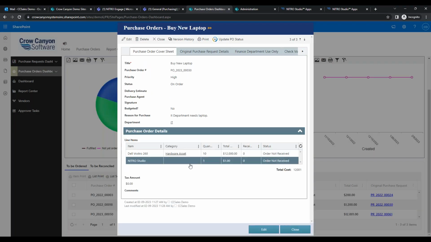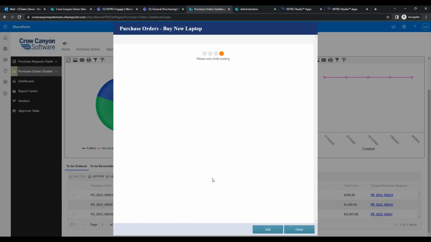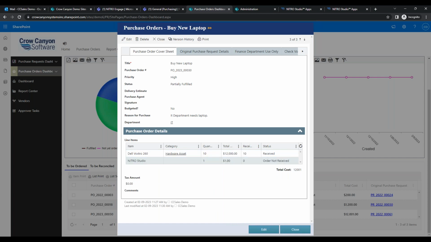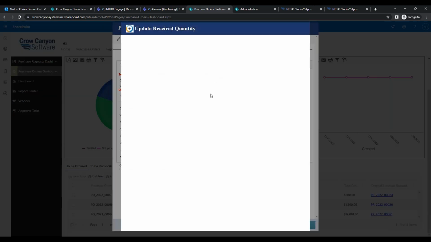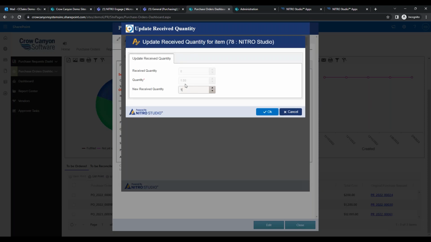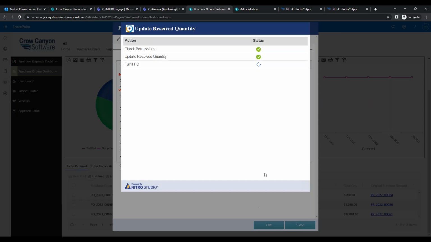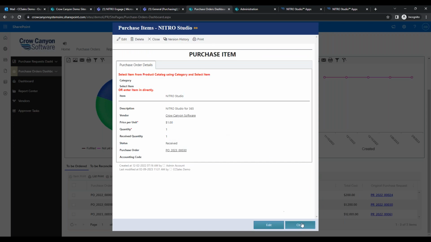And I didn't even get into the Nitro Studio aspect. So we've received our hardware assets, and now Nitro as its own independent entity has not yet been received. So I know I've talked about it a lot, but it really is this associated items piece mixed in with this ability to invoke workflows on the form really does come in handy. It does give us a lot of flexibility with what we can do on the form, but also, like I said, that permission structure. So now